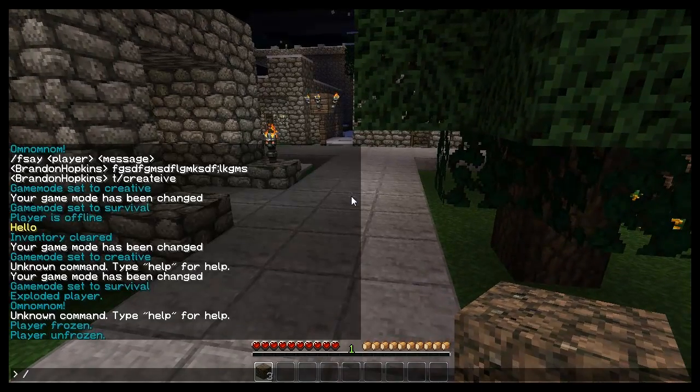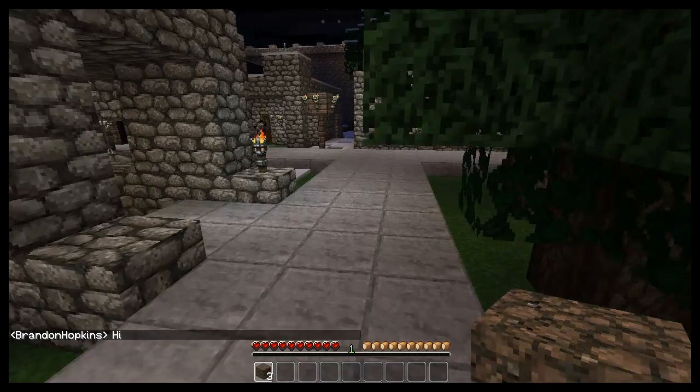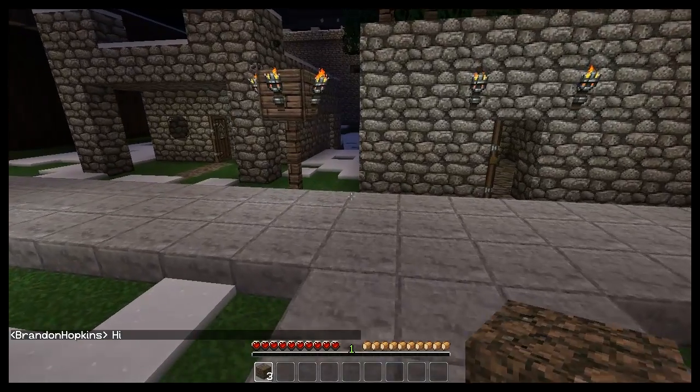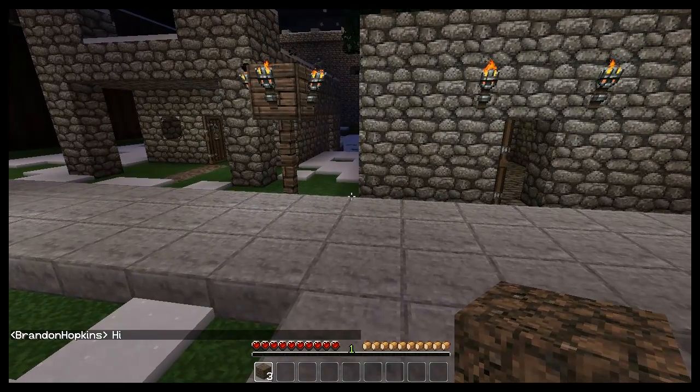Also, I forgot to tell you, the unblock command unblocks somebody after you use the block command. Okay, now we have fsay, so if I do /fsay, the username, and then the message, it will make it as if that player said something. Obviously, if there's somebody else in, I could make other people say things that they didn't actually say,